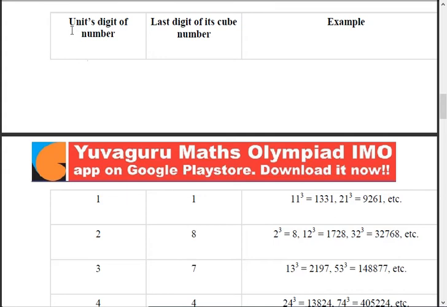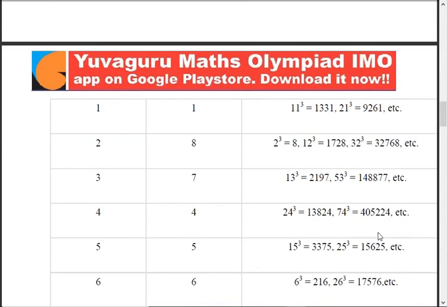Now few observations. If the number whose cube is to be found out has 1 at the end, let's say 21, then the last digit of the cube, the final cube, will always end with 1. Let's say 11. 11's cube is what? 11 into 11 is 121, and 1331. See this, 1331, so ending with 1. If it has 2 at the end, it will end with 8, right? 2 cube, 12 cube. See this. If it has 3 at the end, it will end with 7, because 3 cube is 27. So 13 cube is 2197.